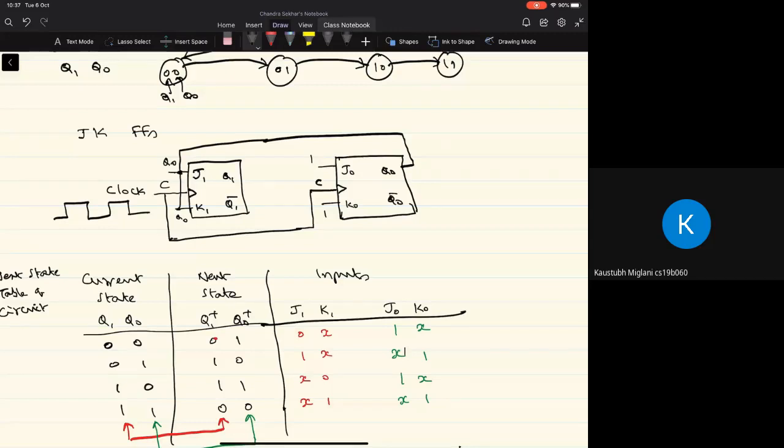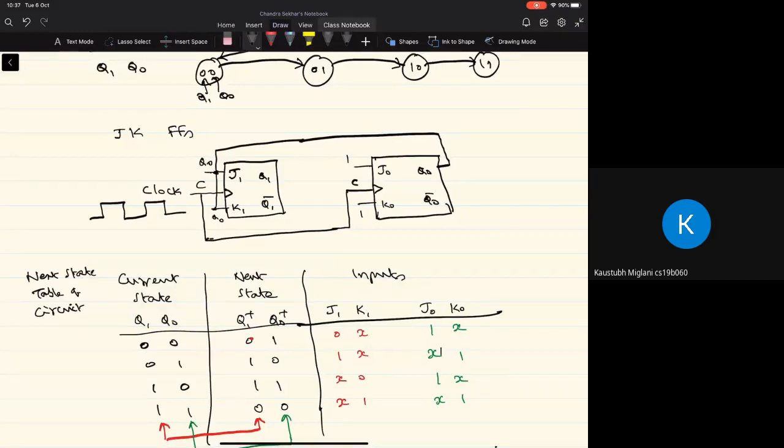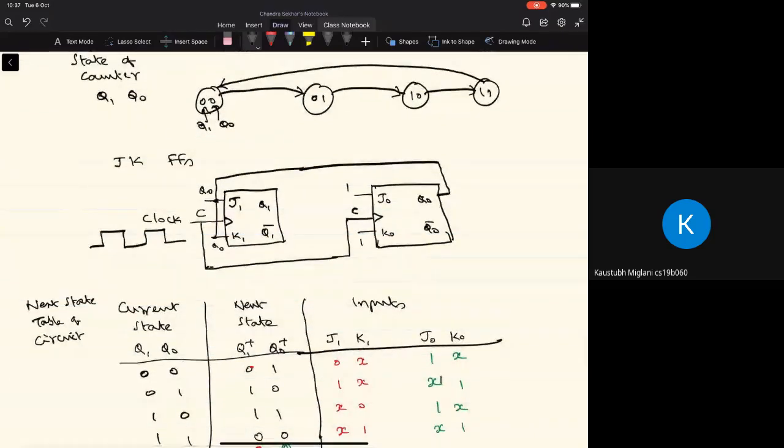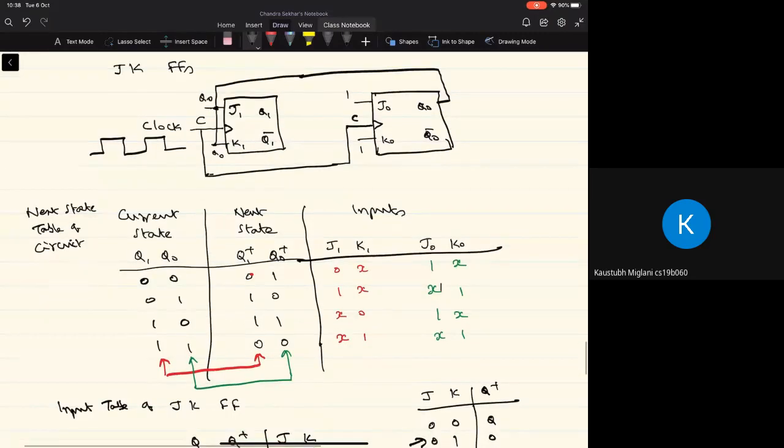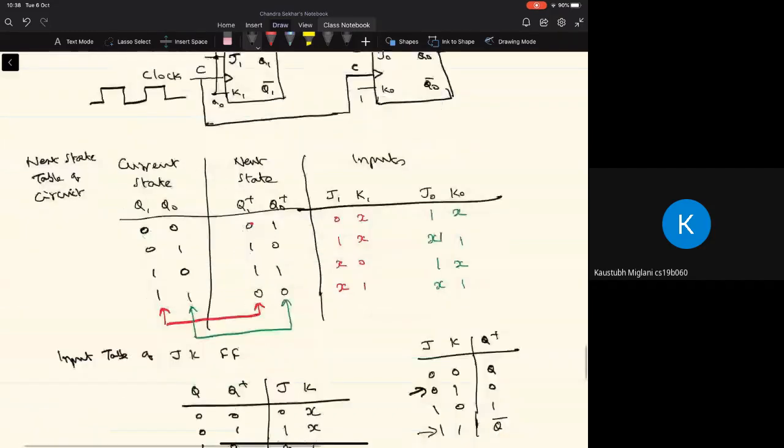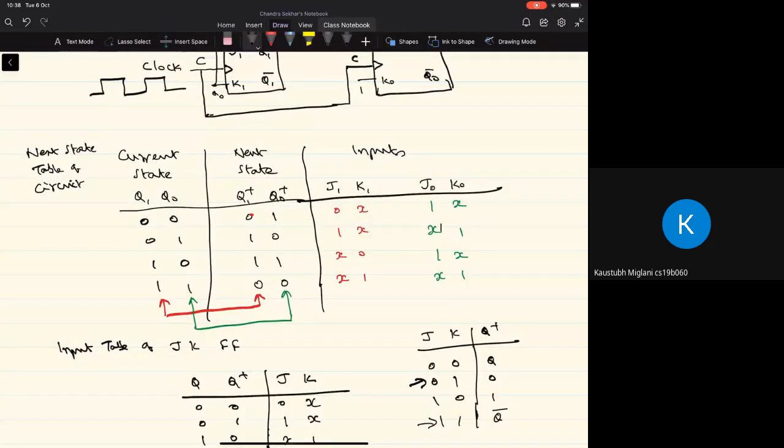Let me just pause here, and I want you to make sure that we get the complete process clearly. What is the process for the design of the circuit here? We get this state transition diagram depending on the specification of the circuit, right? And in this case, what we want to design is only an up counter, right? And once we get the state transition diagram, then we come up with this next state table in terms of the current state. Once we have the current state and the next state specified, then we can come up with these inputs for the different flip-flops in the circuit by using this input table of the type of flip-flop that we are making use of.